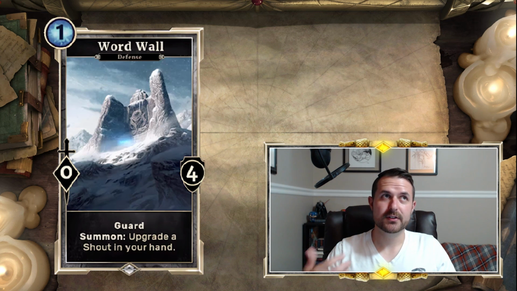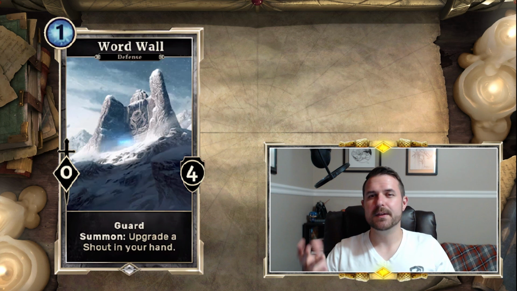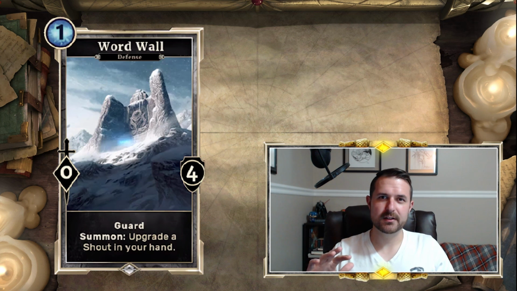I would assume that when you then play that card, your other shouts upgrade to the level 3s, but we don't actually know for sure. We know that when you play a shout, your other shouts upgrade, right? But because this one just upgrades a shout in your hand, you haven't played a shout yet, so your other ones may or may not upgrade. I'm kind of on the fence about how that mechanic is going to work. But either way,